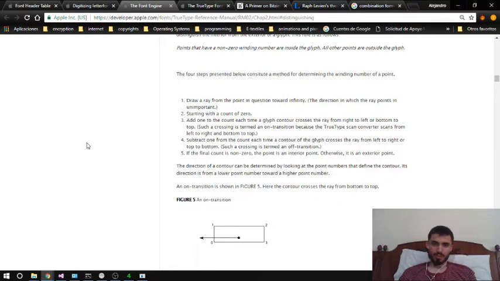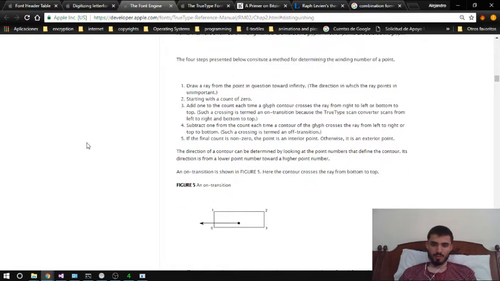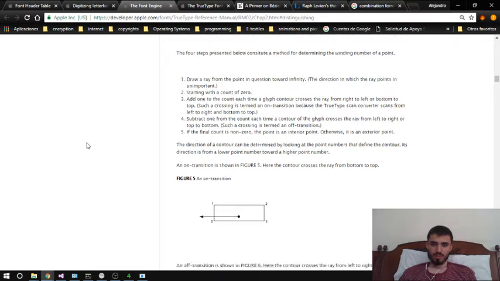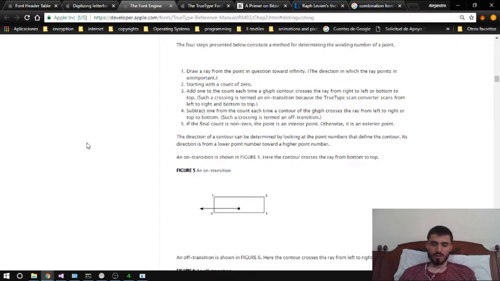Add 1 to the count each time a glyph contour crosses the ray from right to left or bottom to top. Such a crossing is termed an on transition because the TrueType scan converter scans from left to right and bottom to top. Subtract 1 from the count each time a contour of the glyph crosses the ray from left to right or top to bottom. Such a crossing is termed an off transition. If the final count is non-zero,